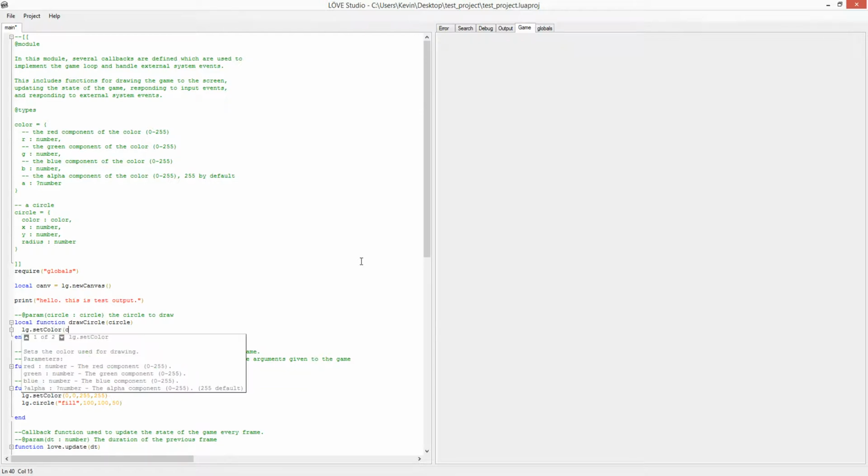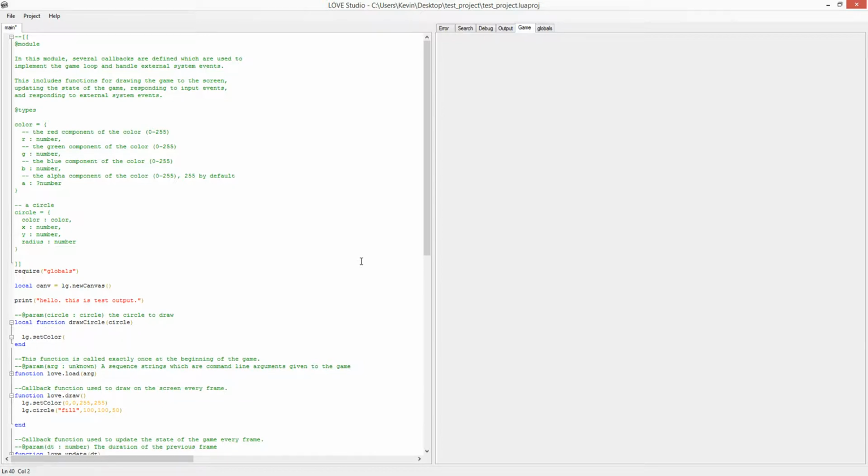And the color is going to be contained in the circle color field, although I don't want to write circle color a bunch of times. So I'm just going to make a local called C that is equal to circle color. Okay, so now we have CR,